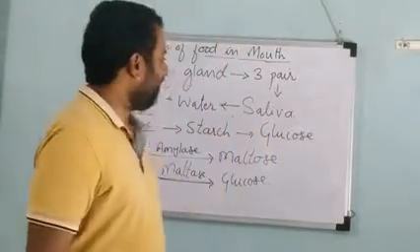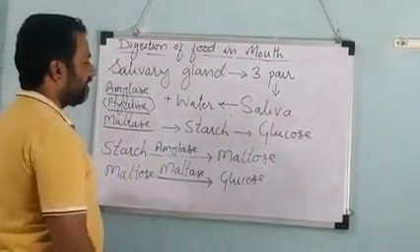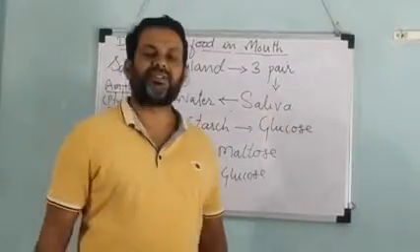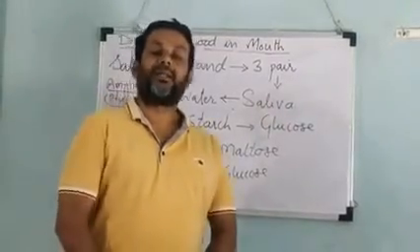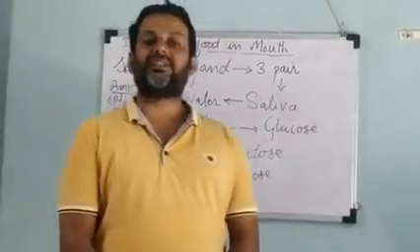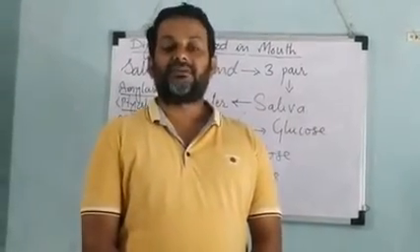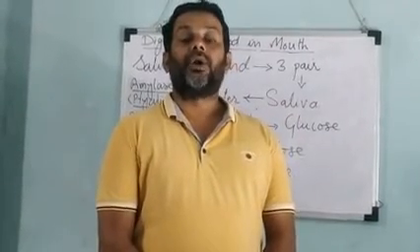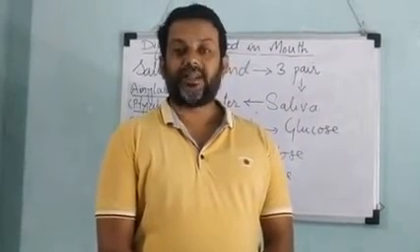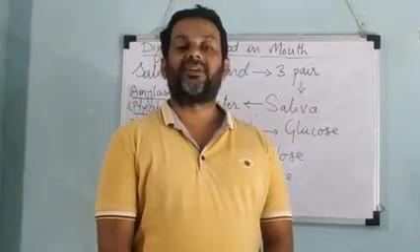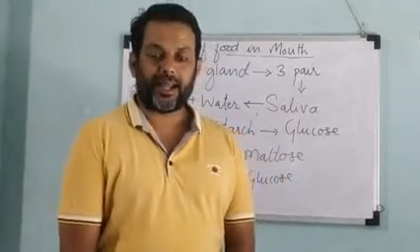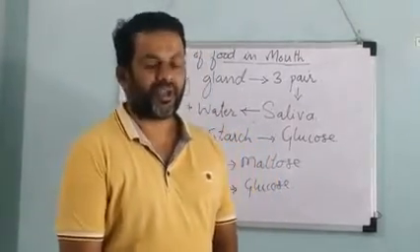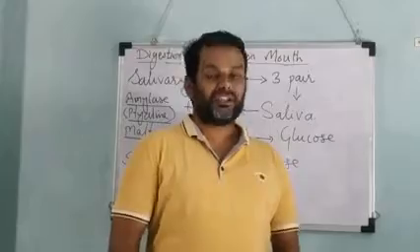Okay, in this way the food will be partially digested in the mouth, and then after that the bolus enters into the pharynx. Once it enters the pharynx, there are two openings, one is the gullet and one is the glottis. The epiglottis will cover the glottis and does not allow the food to enter into the windpipe. Then the food will enter the esophagus through the small opening called the gullet, and then by peristalsis this food will enter into the stomach. Okay, now let us see what happens to the food in the stomach.